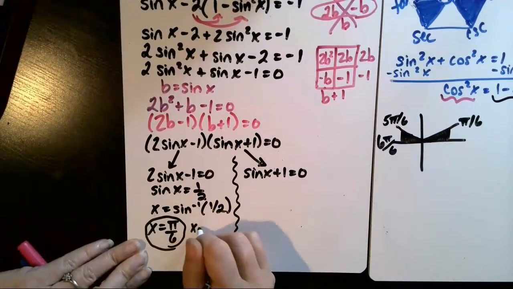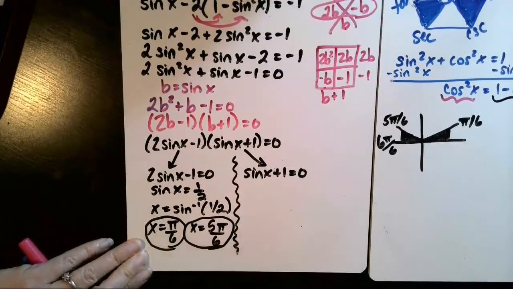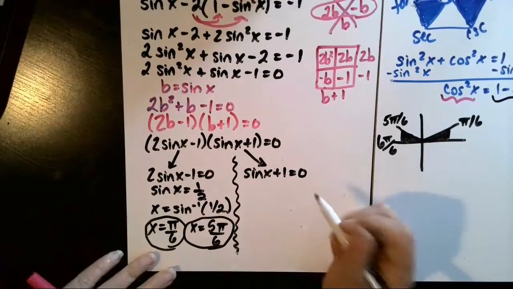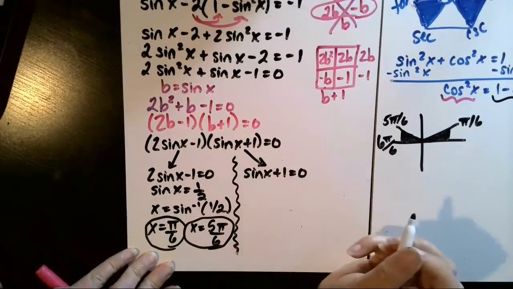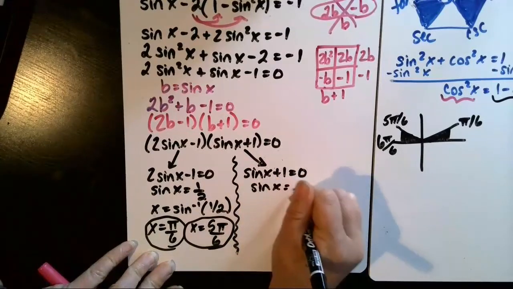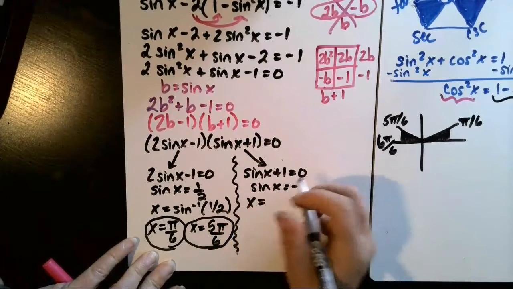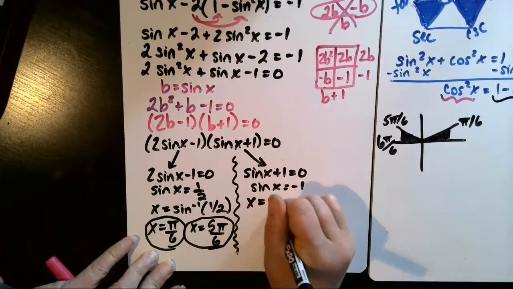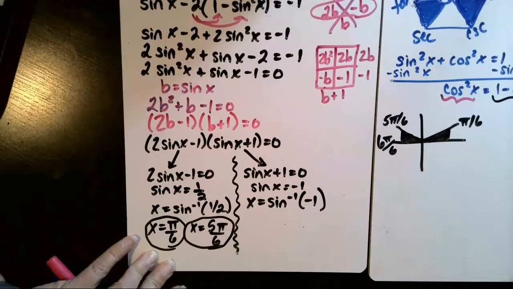So that's our second solution for the first factor, 5 pi over 6. Okay, now our second equation, sine of x plus 1 equals 0. We're going to subtract 1 from both sides. Sine of x is equal to -1. Then we'll take the inverse of both sides, and x is equal to the arcsine of -1, which means, again,